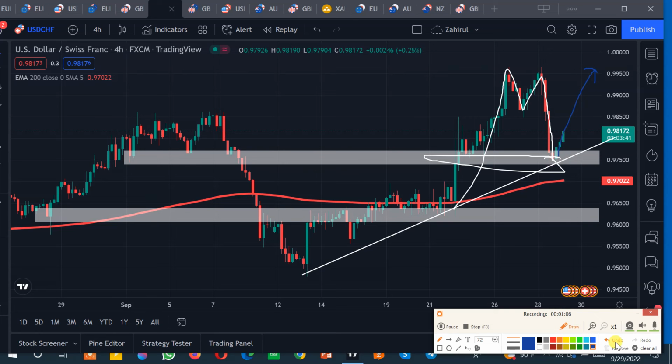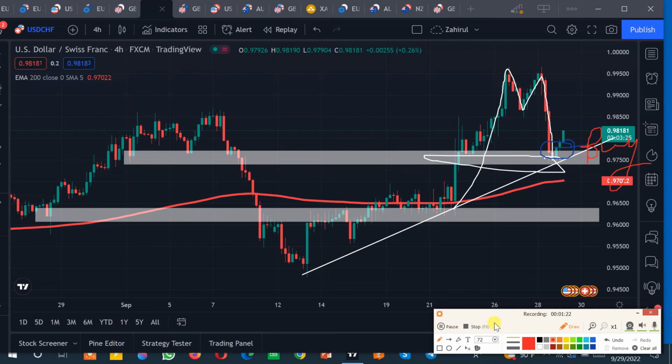after here. So it is our buying area. It is our buy area. So it is a good time for making a buy after this area. After this area, that means